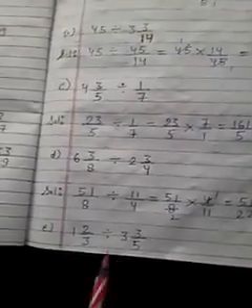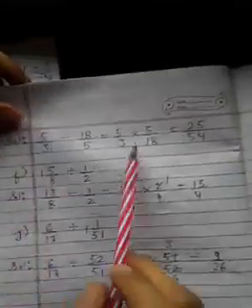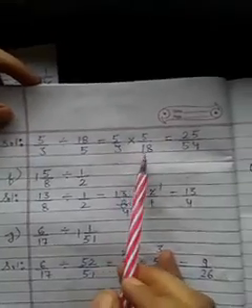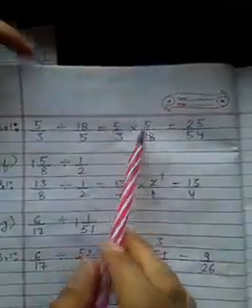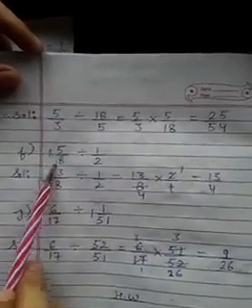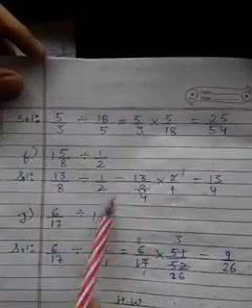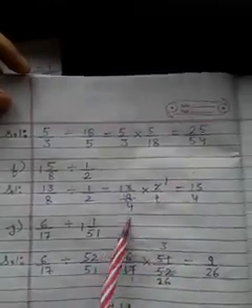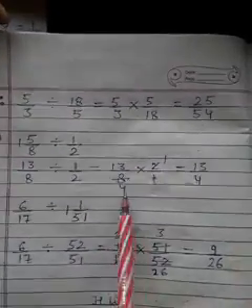Here again is a mixed fraction, so change mixed to improper, and after that change the divide sign into a multiplication sign and write the right side fraction in its reciprocal form, and then cut. So here again you are seeing no number can be cut by any number. So 5 fives are 25 and 18 threes are 54. Again, first write the mixed fraction in improper form, then change the divide sign into a multiplication sign, then reciprocal, and then cut. 2 ones are 2, 2 fours are 8. So after that, the remaining numerator and remaining denominator.